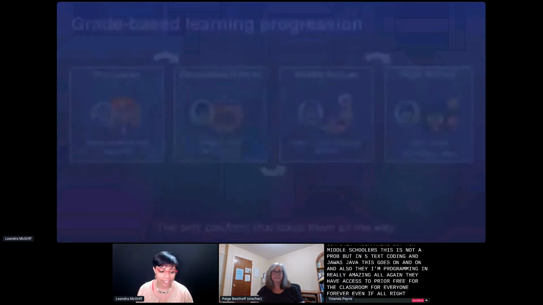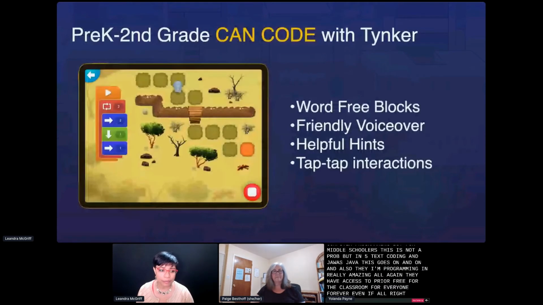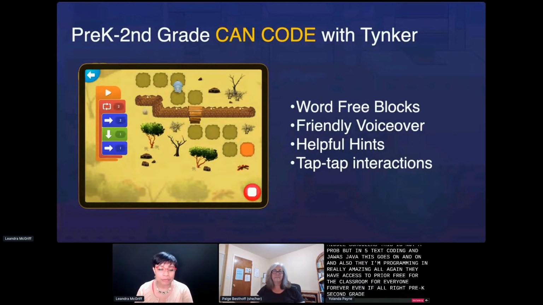All right, so let's take a look a little bit more at our pre-K to second grade course. As I mentioned before, these are word-free text blocks. As you take a closer look here, you can see that it's icons. This red block here is a repetition block, so they're being exposed to repetition at that age.